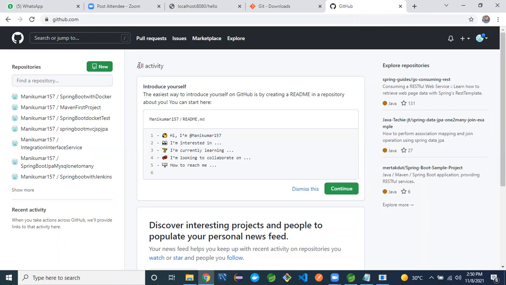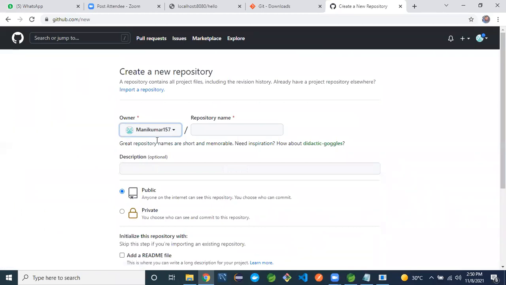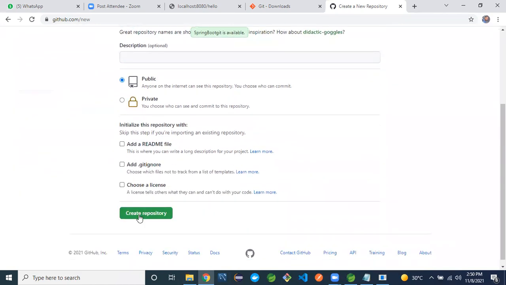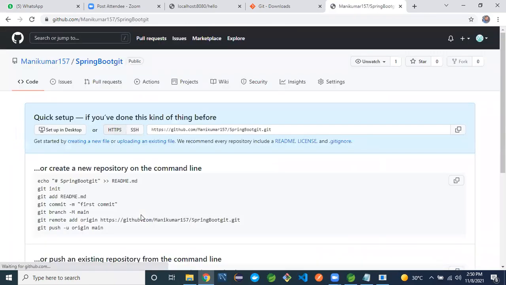Once you are logged in to GitHub, you can create one new repository here. Repository name, you can choose any name, not an issue: Spring Boot Git. Okay, public. After that the create repository option is available. Please click on create repository.